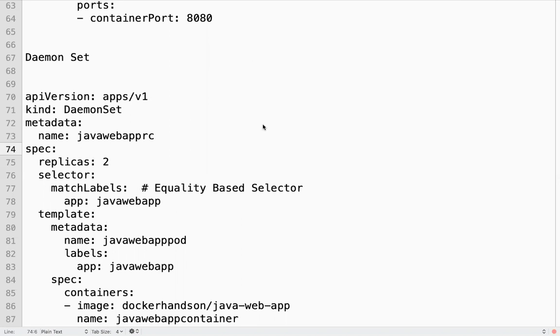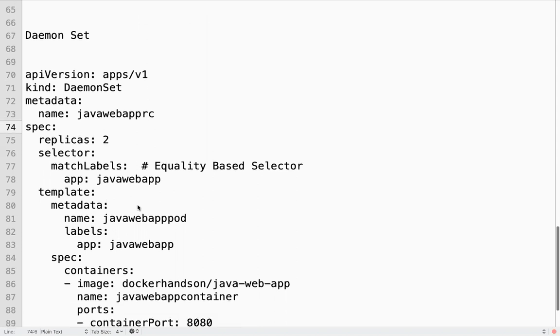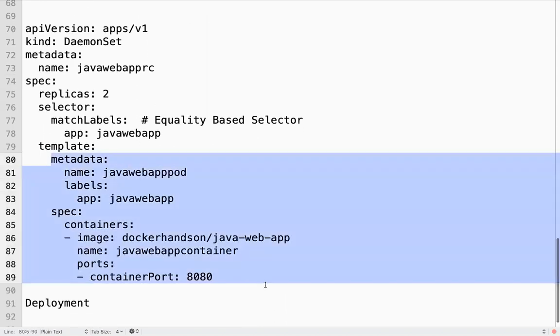Similarly here, if I create a daemon set, what will happen? Each and every node will have a copy of the pod. The daemon set in Kubernetes is like a global mode. It will create a pod in each and every node with this information.